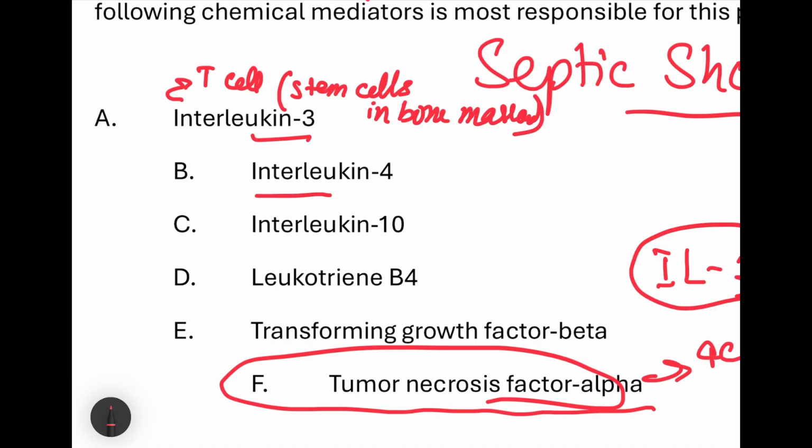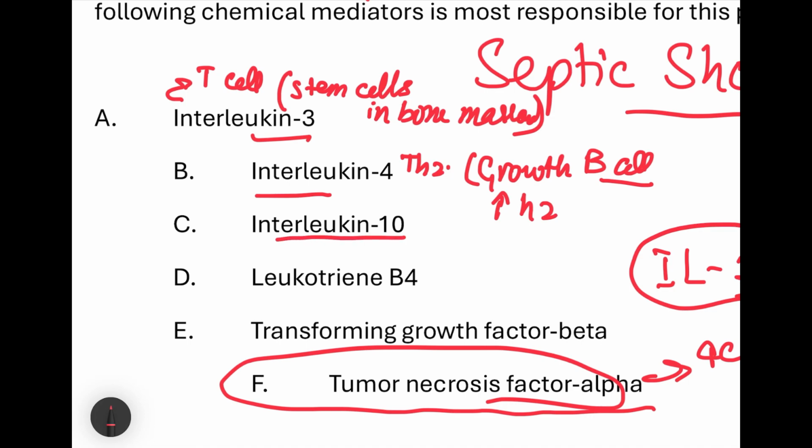If we talk about interleukin-4, it is also a cytokine produced by T helper cells and stimulates the growth of B cells and increases the number of helper 2 cells at the site of inflammation. Then we have interleukin-10. Interleukin-10 is an anti-inflammatory